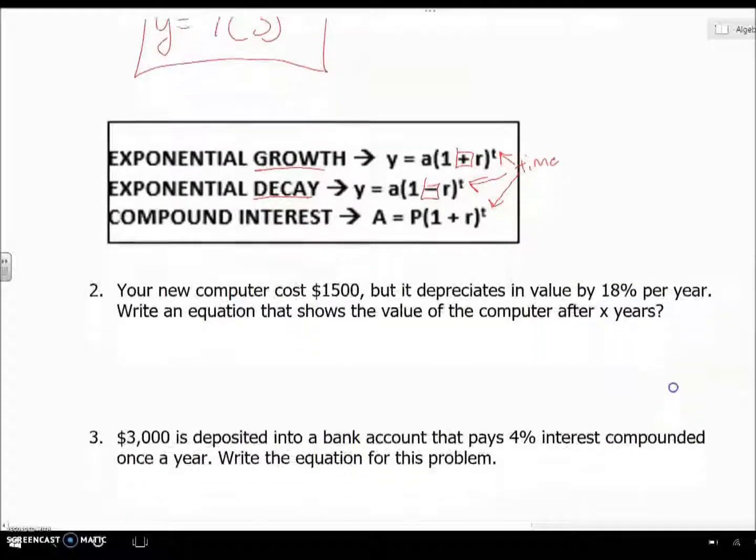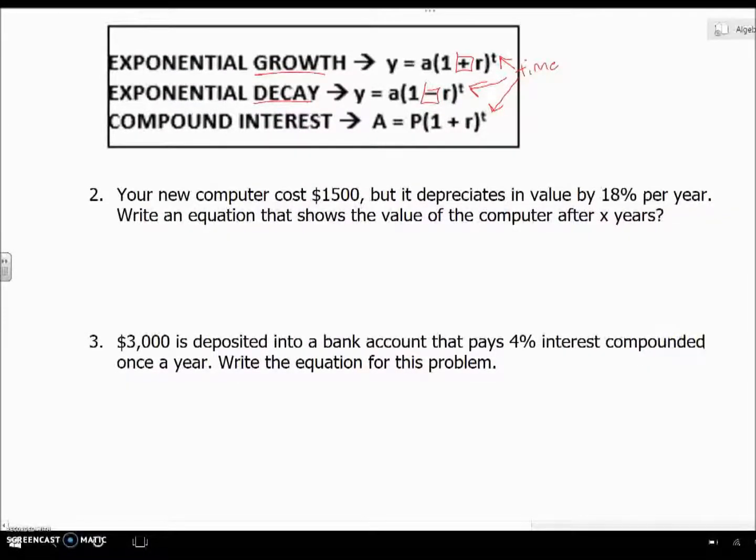Now when we look at number 2, it says your new computer costs $15,000, but it depreciates in value by